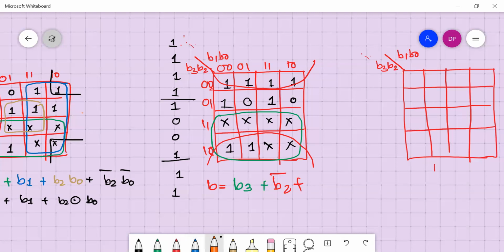Sir, 4 corners can be combined. This can be done. So for this, what is common? B0 complement, B1 complement. And for the remaining this one, we can make a group of this. So this is B0, B1.